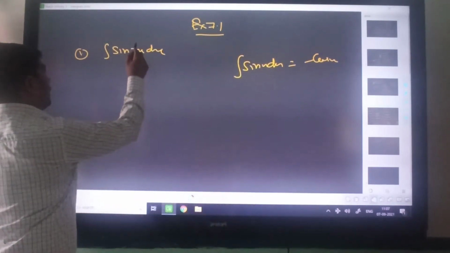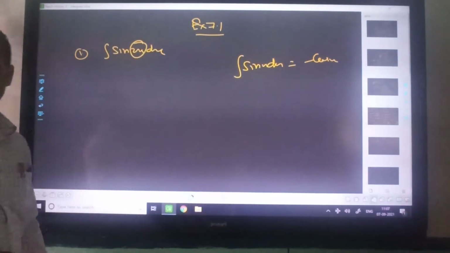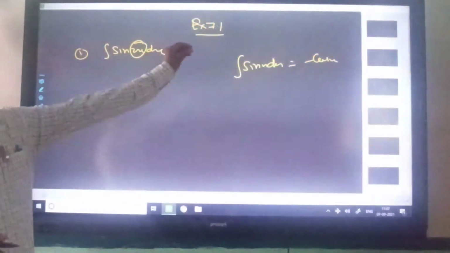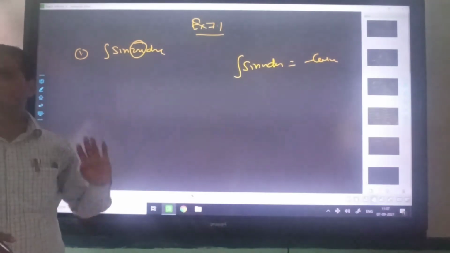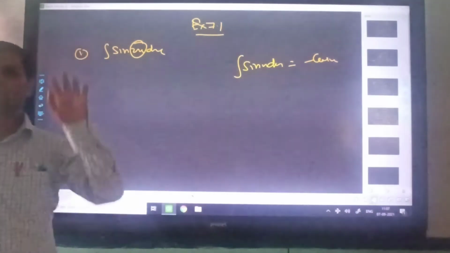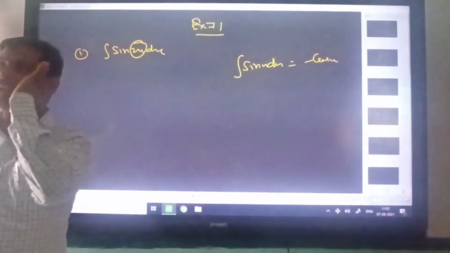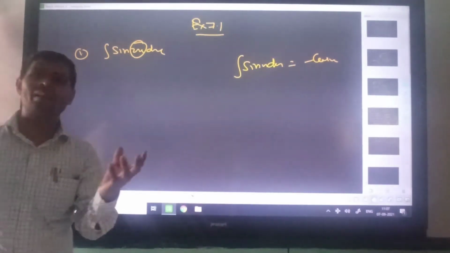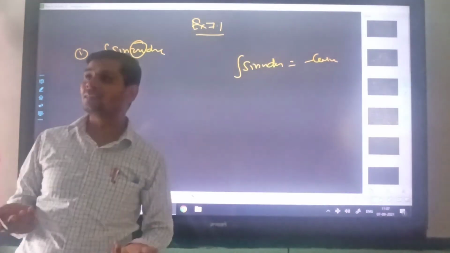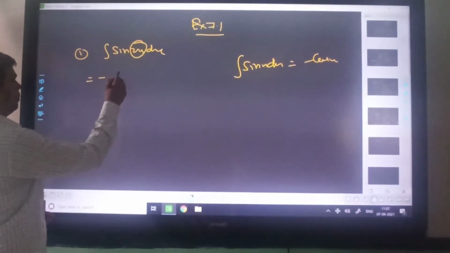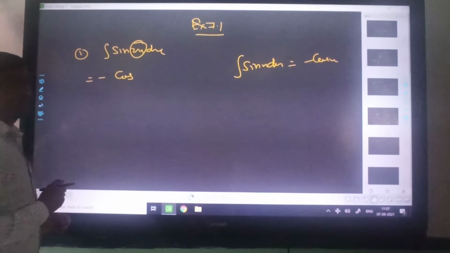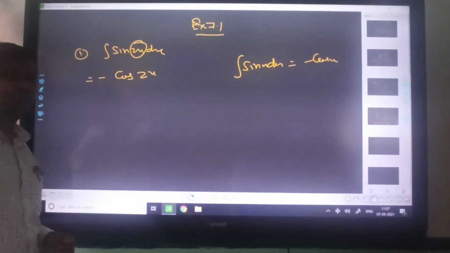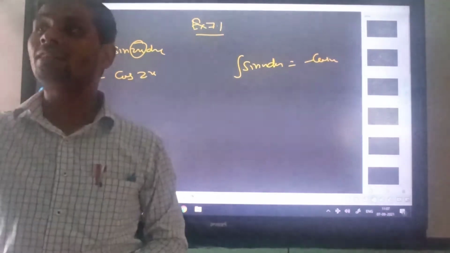You know very well. So here the problem is that in this question, x is replaced by 2x. Here 2x is written in the place of x, and that 2x is creating a problem for us. So for some time forget this. You should think in your mind that this is simply sin x, and you know very well that the integration of sin x is minus cos x. And what is the x? 2x. So you should put that here. But very shortly it will come to your mind that it is not x, it is 2x.